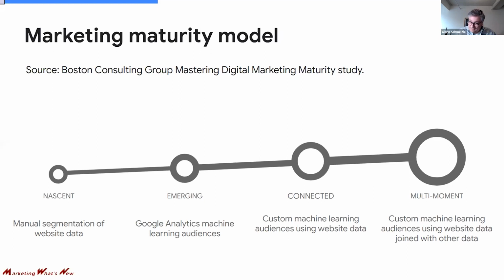Now, I'm sad to say that if we look around at the average organization, probably more in the small to mid-sized category, we're going to find that most fit into that emergent or even that nascent category.